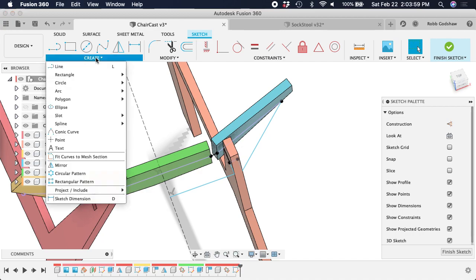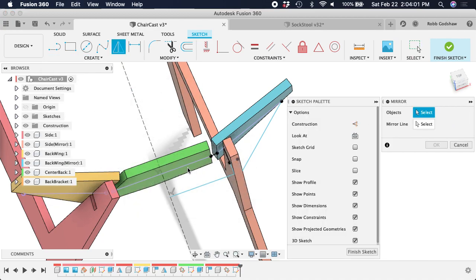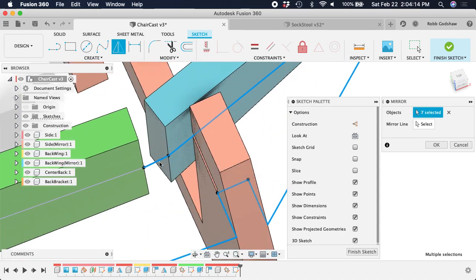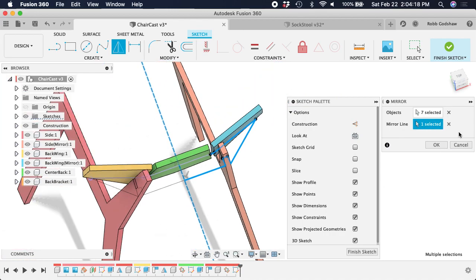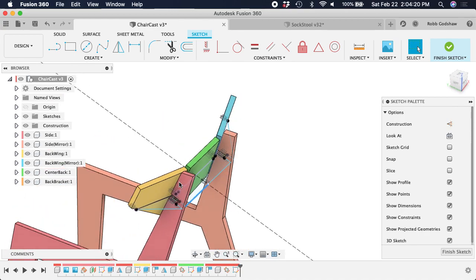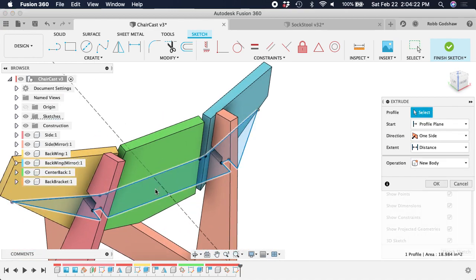And then I'm going to do a create mirror of this line, this line, this line, this line, this line, that line, not that line, and this line. Mirror line is this one. Okay, how are we looking? Now if I extrude this,